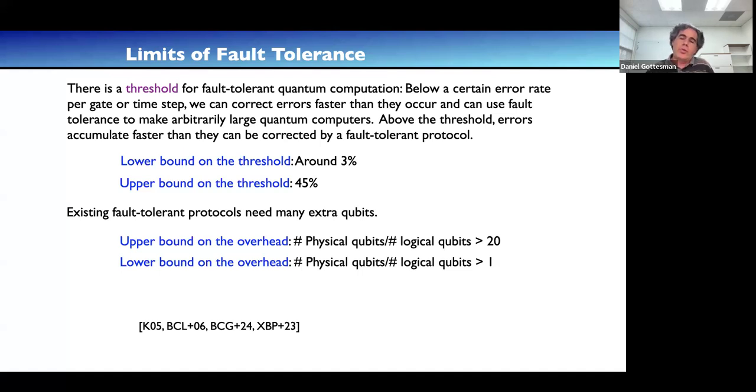So those are both things that are pretty desirable to do, right? Having a very strict requirement for the error rate is hard, and that makes it hard to build quantum computers that are going to satisfy that condition and that can be scaled up to very large sizes. And even if you're dealing with 20 or 30 physical qubits per logical qubit, again, a lot better than where we were a few years ago, that still means that 5% or less of your actual qubits in the computer are actually contributing to your computation. The rest are there to protect the qubits that are doing the work.